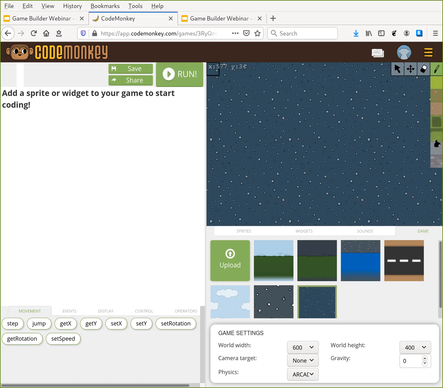Any of these tiles would work. They all work the same way. They just look different. Since these are supposed to represent walls, I'm going to choose this brick texture. And then just click and drag to draw the walls around the edge of the screen. Do it on all 4 sides.